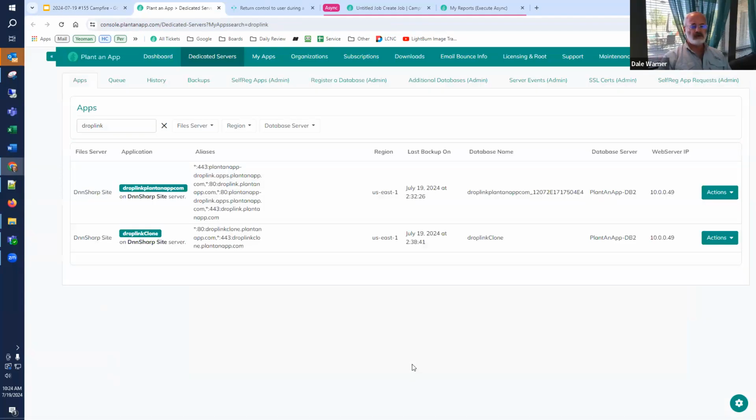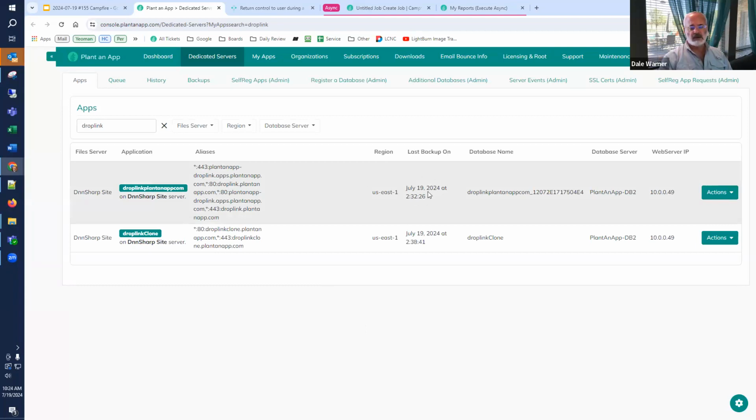And before I do that, I wanted to do a backup. We had a question, I can't remember, it might be one of you guys that asked, about our infrastructure, if you host with us, what you get. And this is one of the things that you get. I have a dedicated server, and the one I'm going to do is DropLink. And so I want to do a backup of DropLink.